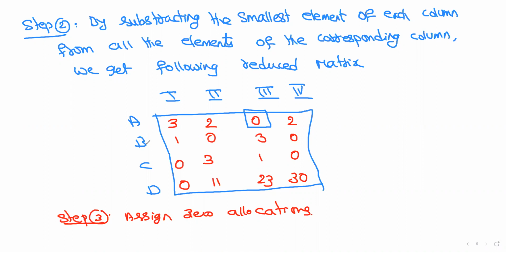No zeros. In the second row, how many zeros are there? 2 zeros, so don't give preference now. In the third row, how many do we have? 2 zeros. Don't give it. In the fourth one, how many zeros do we have? A single zero, so give preference here. Whenever you give preference, if you have any zeros in the corresponding row or column, we have to cancel them. First, I gave the first row: in row 1 a single 0 is there, and I directly kept it for A.